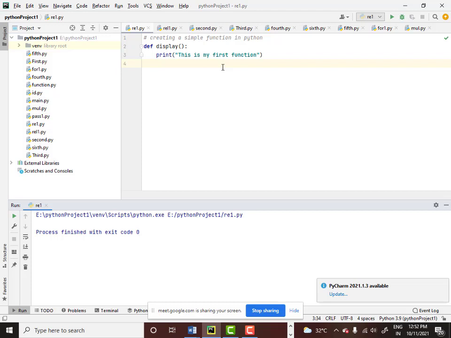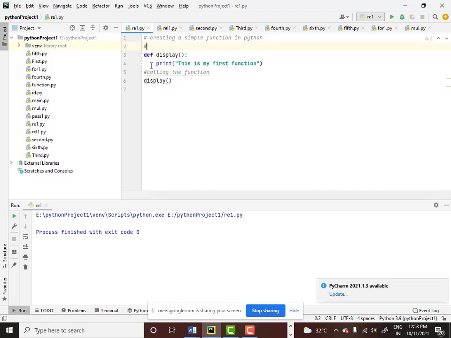Very important. If you want to make the function work, first you have to define the function, then you have to call the function. Calling the function means executing the function. So how do I call the function? In order to call the function, I just give the name of the function. I'll say display. This portion is actually calling the function, and this portion is actually defining the function.